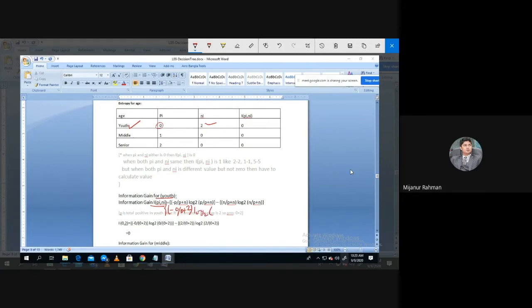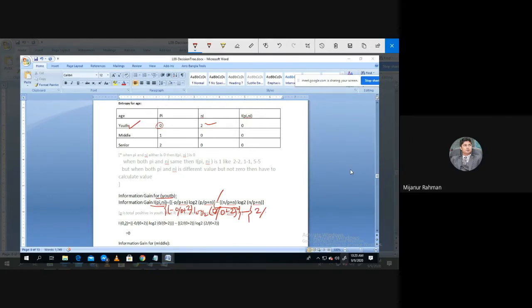What is p? You know p is 0. Again, I'm talking about the youth. So p is 0. Look at this table very carefully. So p is 0 divided by 0 plus n, n is 2, second bracket. You can understand, this second bracket. After that, minus, you can see this minus, minus again second bracket, and what is n? n is 2 divided by